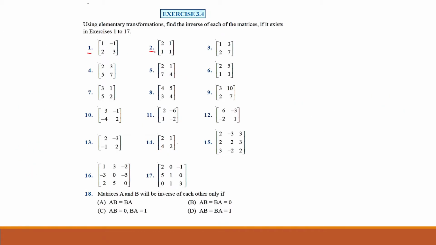So same as question number 1, 2, 3 and 4, fifth question में भी same हमें inverse find करना है by using elementary transformation. Now fifth, 6, 7, 8, 9, 10. Try to do these 5 questions by yourself. 2/2 matrix है, आपको simply elementary transformation करना है जैसे हमने अब तक किया है.